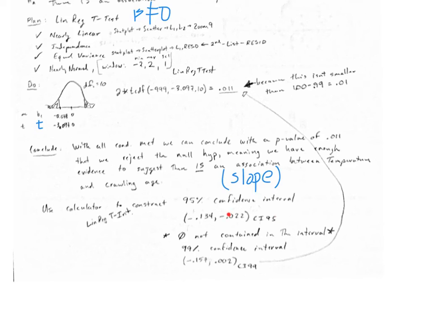If you go to your calculator right now and do line regression t-interval, not t-test, but it will create a confidence interval for you super fast. And so if you make a 95% confidence interval with L1 and L2, you'll get the same thing I have here. So the slope is between -0.134 and -0.022. Both are negative. 0 is not contained in the interval, so it makes sense that we would reject the null